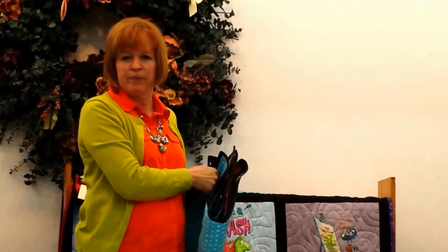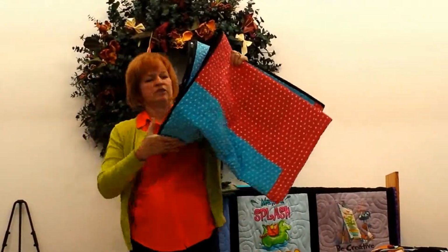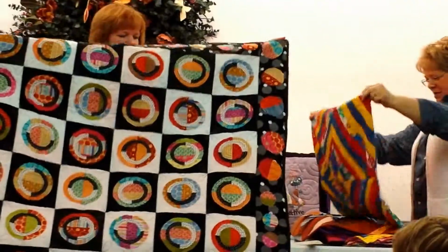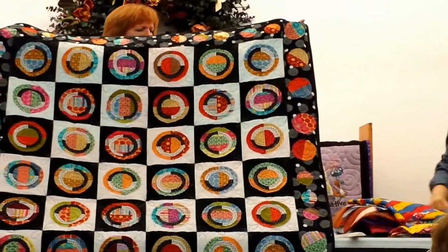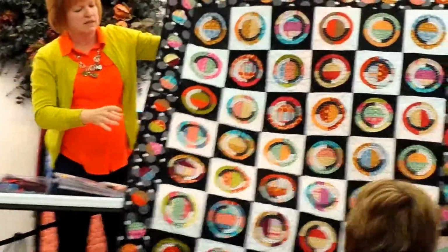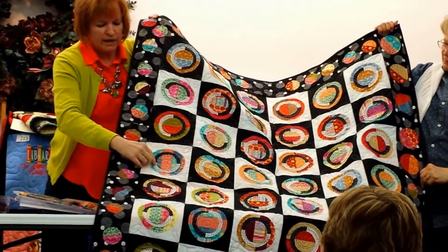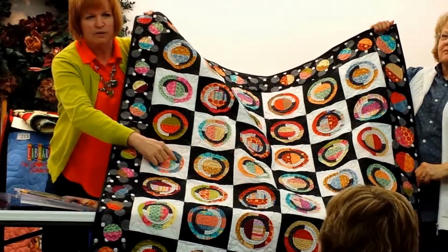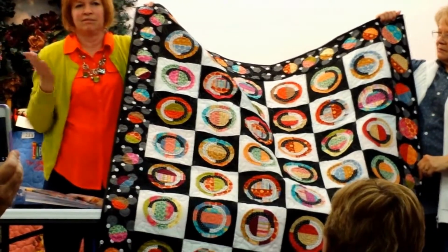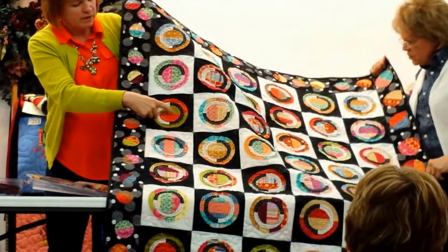Bullseye quilts use up a lot of scraps, but they also generate a lot of scraps, and I want to use the scraps up, not make more. But this used a lot of scraps from a previous quilt, and most of these cute ones came from Susan Hansen, who did a quilt, and this black and white was the cutout behind a circle applique. She just had all these, and I think I can do something with those. So there were all of these